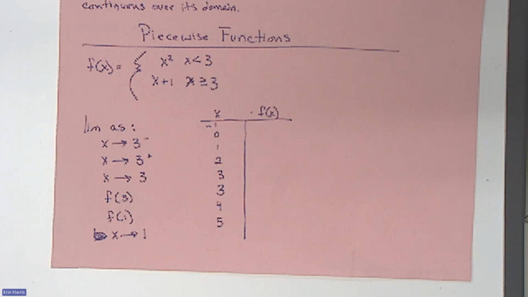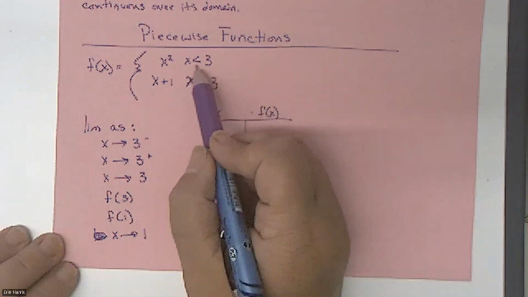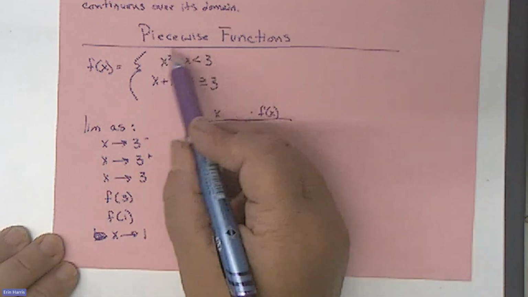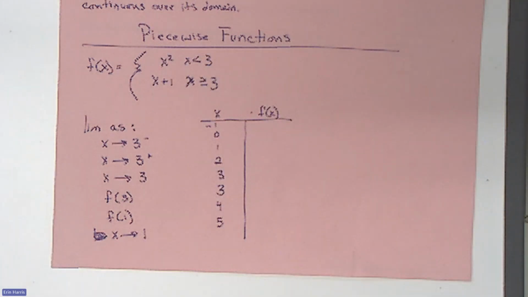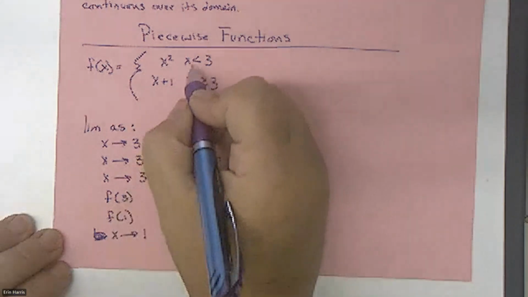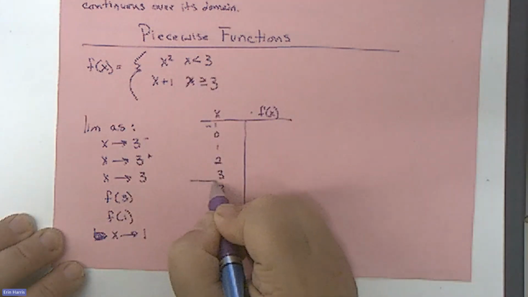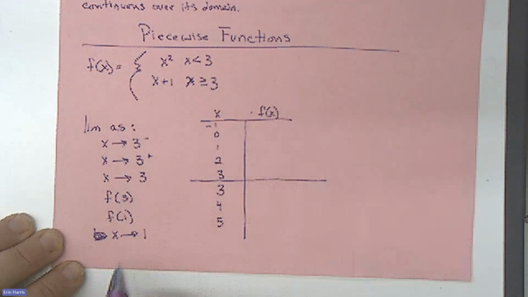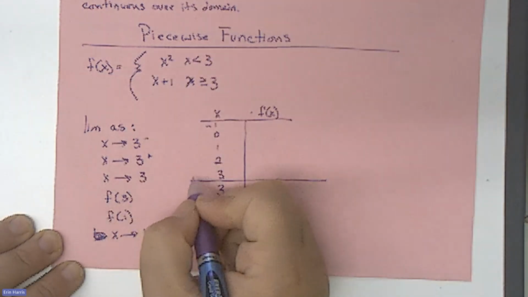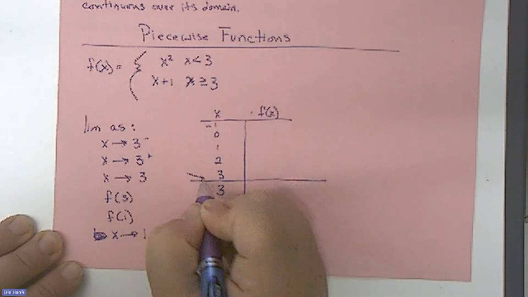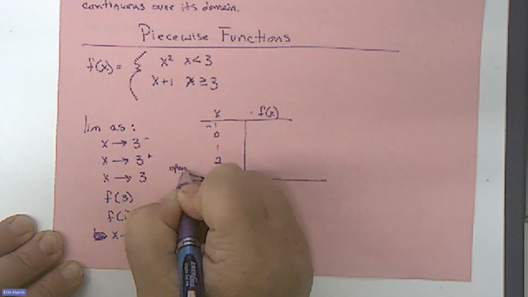But that's not actually going to happen because here X is less than 3, but X can get all the way up to 2.9999999999999. It just has to stay less than 3. So what's going to happen on this side of things, and I always put a line here to distinguish when I'm going to switch from one piece to the next, is this is going to be an open circle,